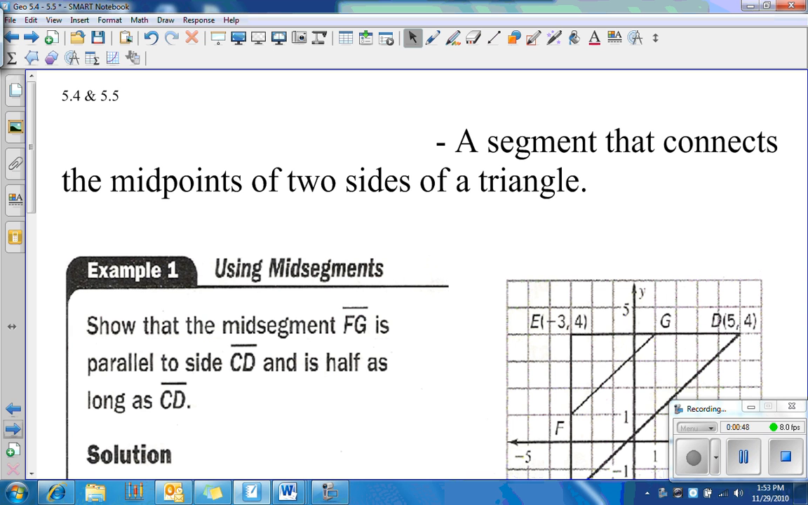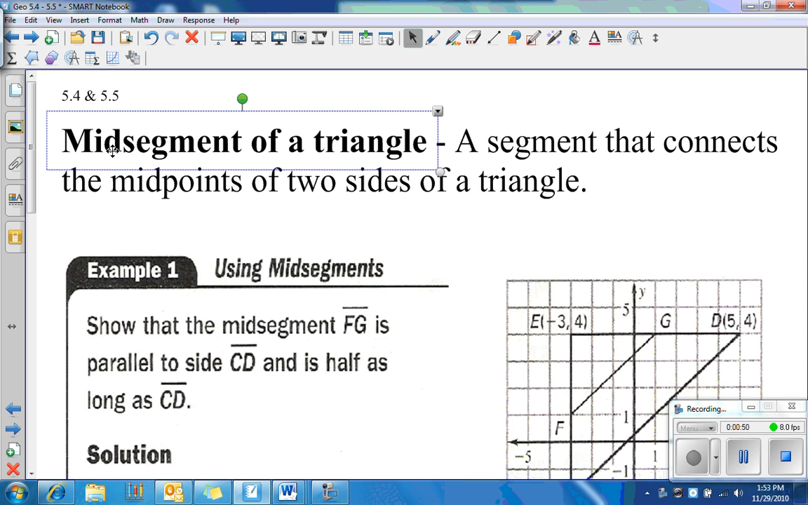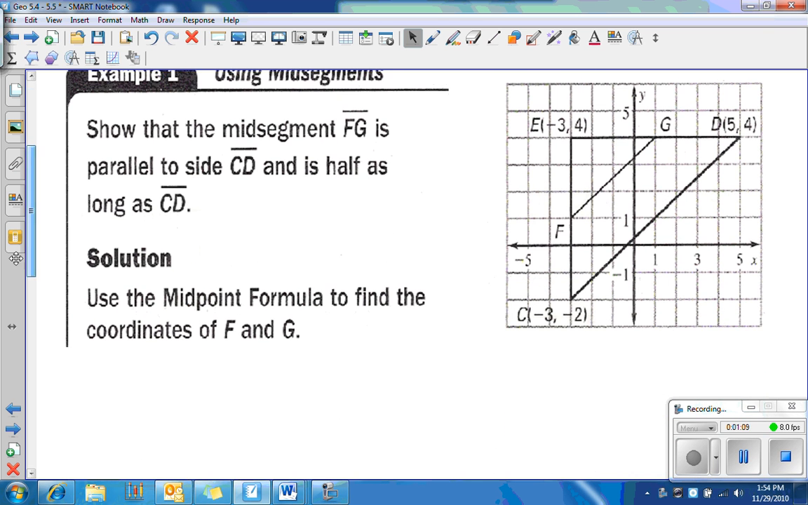All right, so mid-segment of a triangle. There's a question like this on your test. So it's a little difficult. Be careful. It's a segment that connects the midpoints of 2 sides of a triangle. So what you have to do is find the midpoint of 2 sides of your triangle, and it could be any 2 sides. All right? So